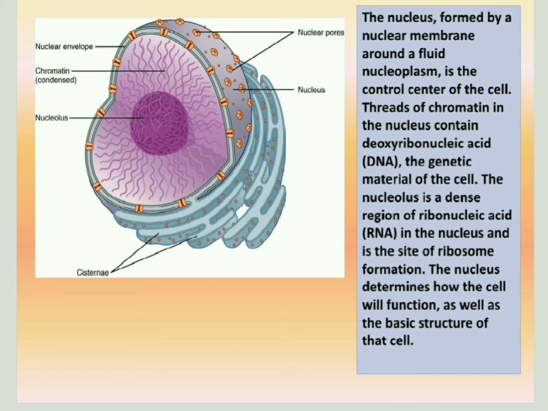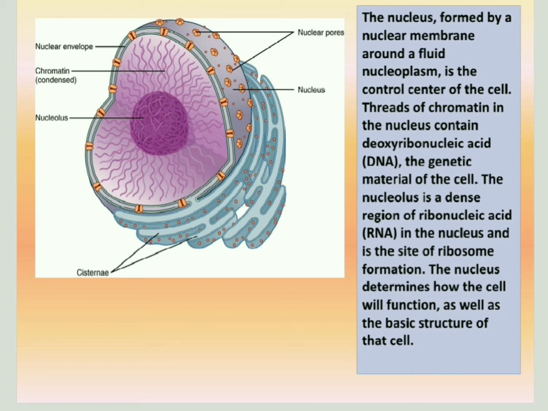Then here you can see the nucleus. What are the three principal parts? The first one we have already discussed, that is the cell membrane or plasma membrane, and its structure we have discussed. The second one is the cytoplasm, the third one is the nucleus, but we can study the nucleus portion now also.